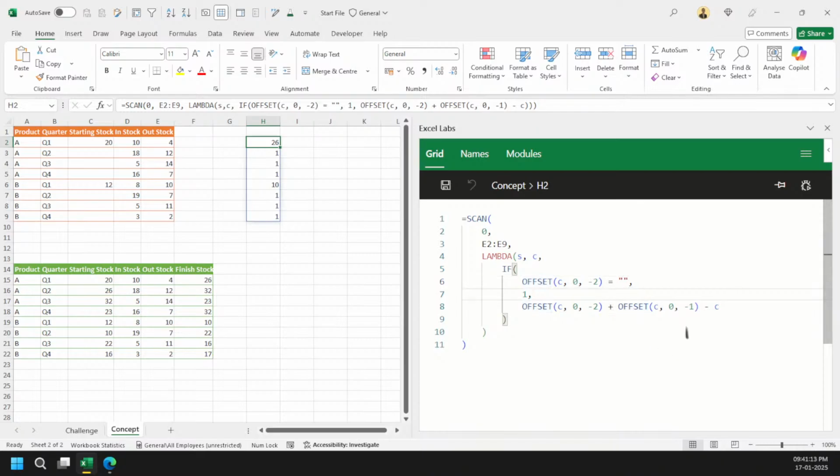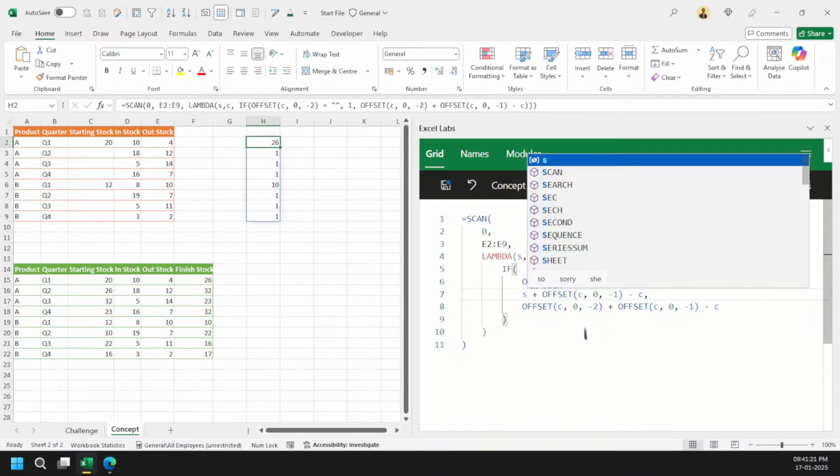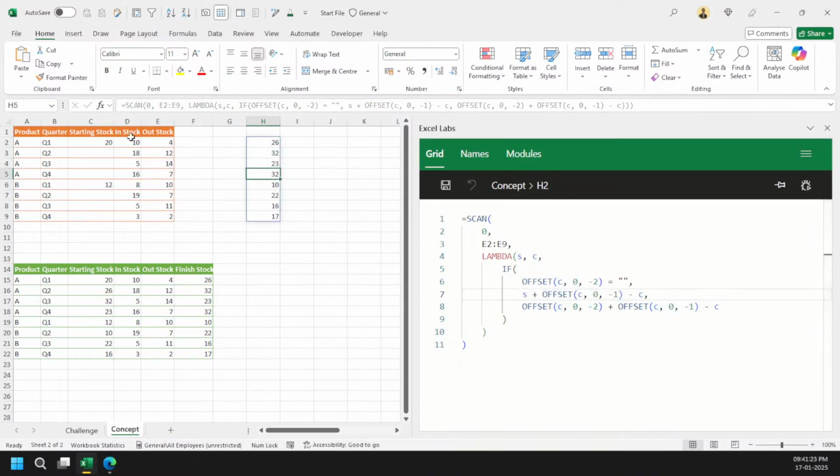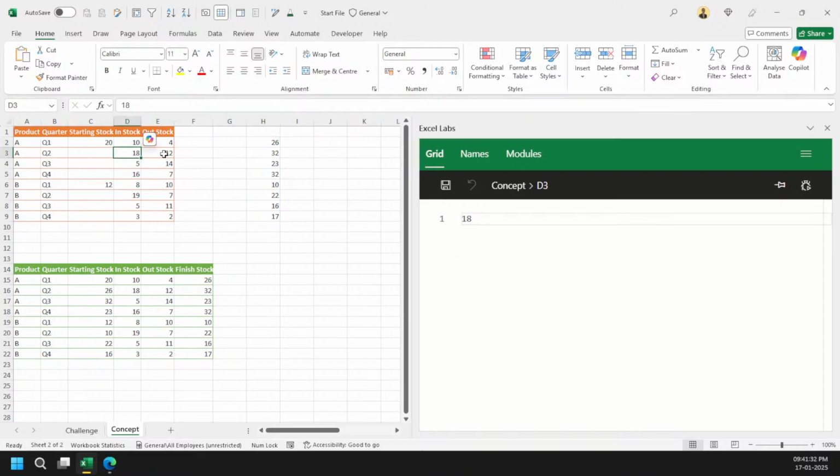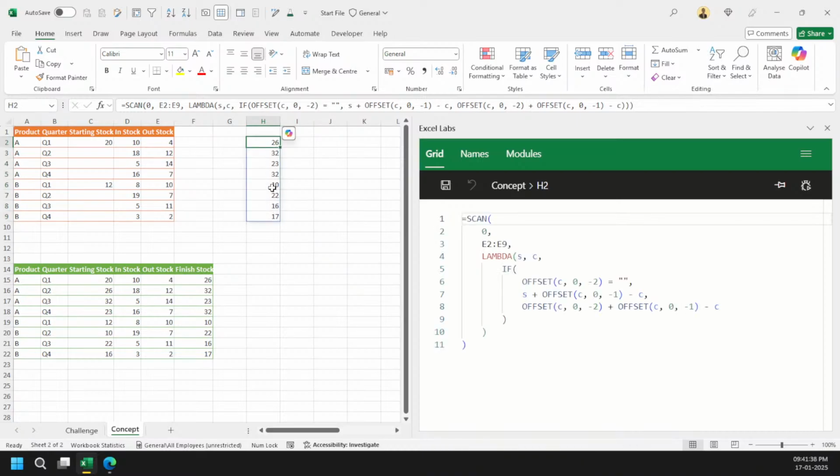Okay, now working good. And now the same logic here will just be changing this much part. Got it? Now you can see that after 26, I will be adding 18. So 26 plus 18 is equal to 44 minus 12, that will result in 32. Okay, so my logic is holding correct. Everything is looking good.